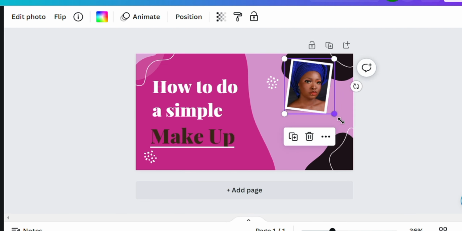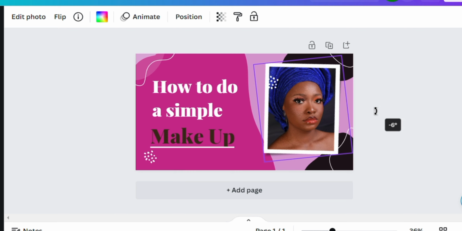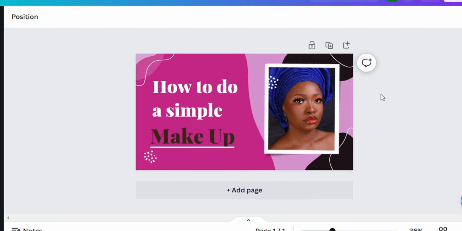I will now expand this. I hold here and left click. If you're using your desktop, then you drag. This makes it super bigger. Then if you want to rotate it, you left click also and rotate a little. So I've rotated it. And if this is okay for you, or if you're done with creating your thumbnails,